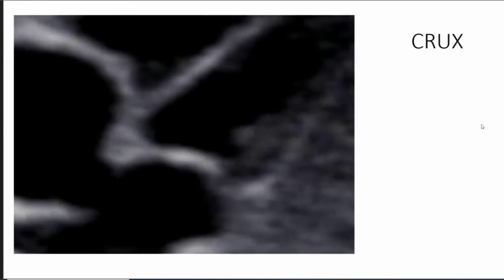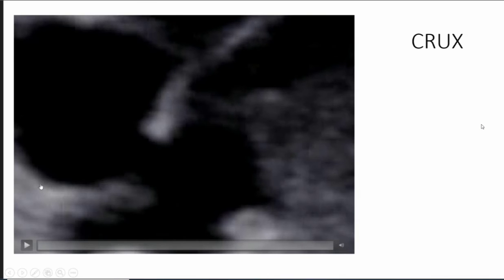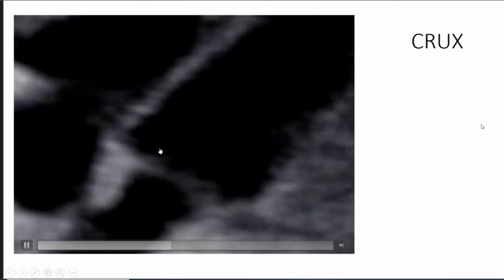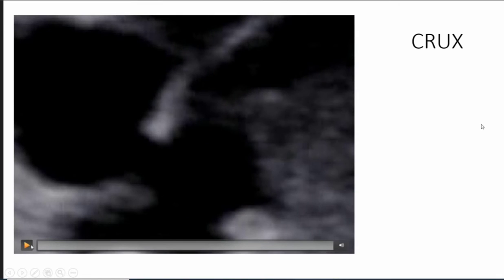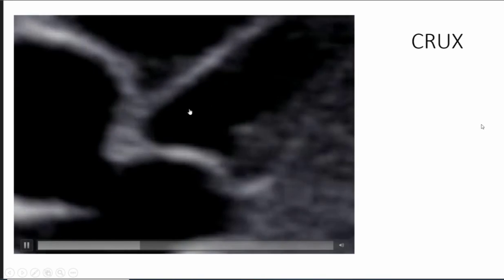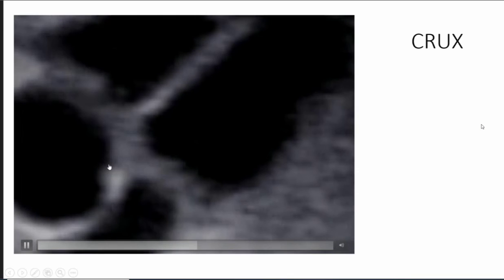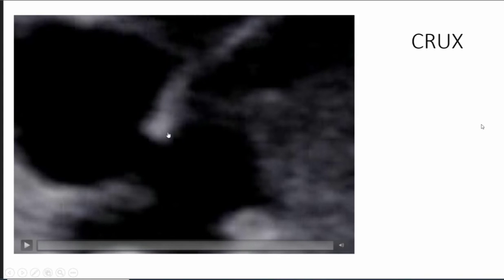Now that's the zoomed view of the crux. Look at the septum primum, muscular IVS, tricuspid valve, mitral valve, apical insertion of the tricuspid valve, basal insertion of the mitral valve, absence of ASD, absence of VSD. That's the star-shaped crux in zoomed view.